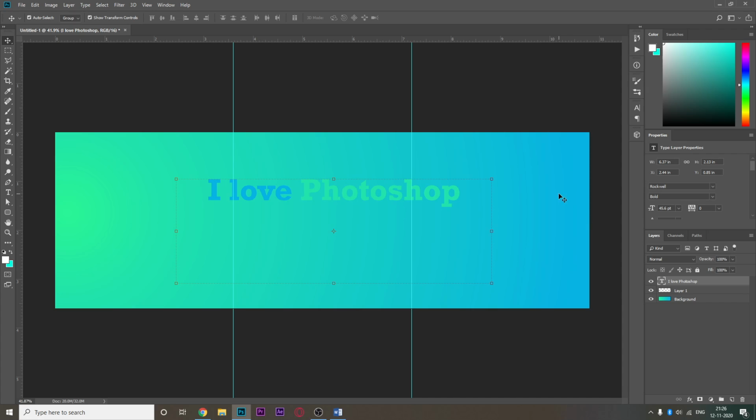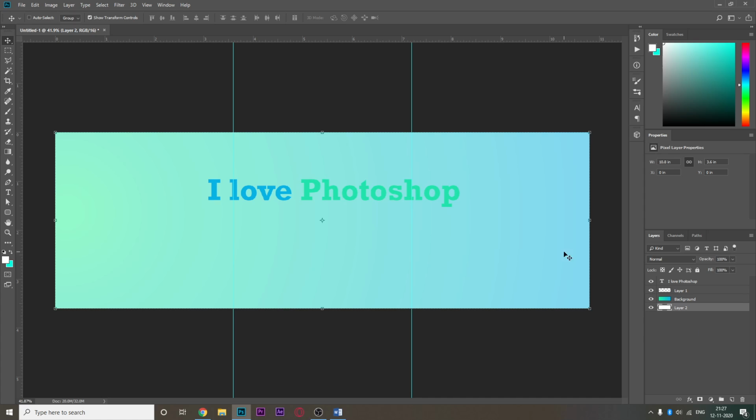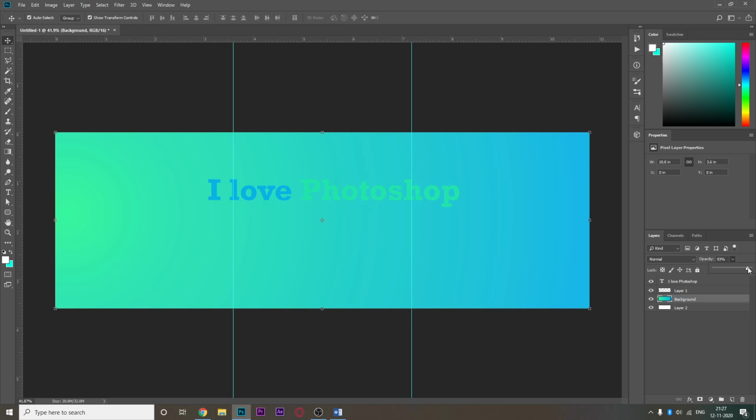Either I can do this, wherein I perhaps do this and then reduce the opacity. Oh, no, I don't want to do that. Anyway, so you can do this. Okay, you go in opacity, you reduce the opacity a bit. Let's say I do it 50%. Now, because this is our background here, you can see the checks behind. So this is how it looks. If I reduce it even more, let's say I'll make it 75%. I increase the opacity, sorry. Again, I love is a little bit popping, but the Photoshop is not popping so much.